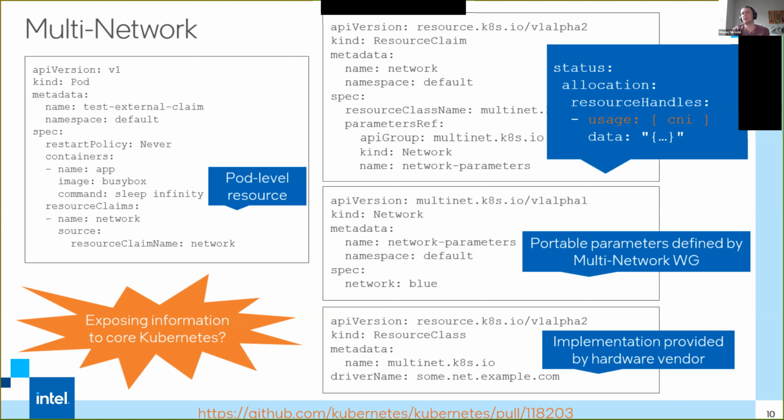CNI is just a stub as it is today, and then the rest is done by some daemon on top, right? So yeah, I think you're right, but the starting point could be this special resource handle